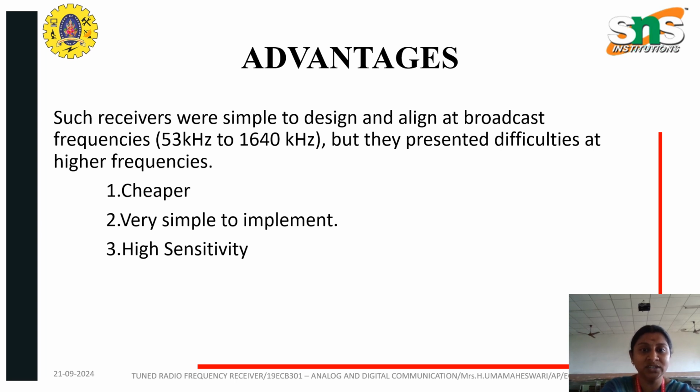The main advantages of this tuned radio frequency receiver are that such receivers were very simple to design and align at broadcast frequencies, but they presented difficulties at higher frequencies. That is, it is very cheap, very simple to implement, and it has a high sensitivity because here we are using three RF amplifiers, where the first RF amplifier's amplified